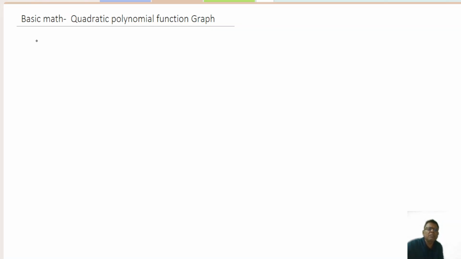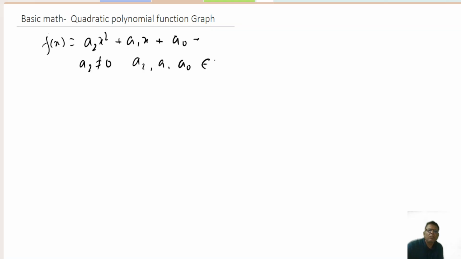Hello students, welcome to another session of basic math. So here we'll discuss the quadratic polynomial function graph. So what is a quadratic polynomial? Suppose f(x) is equal to a2 x square plus a1 x plus a0. Then if a2 is not equal to 0 and a2, a1, a0 are all real numbers,